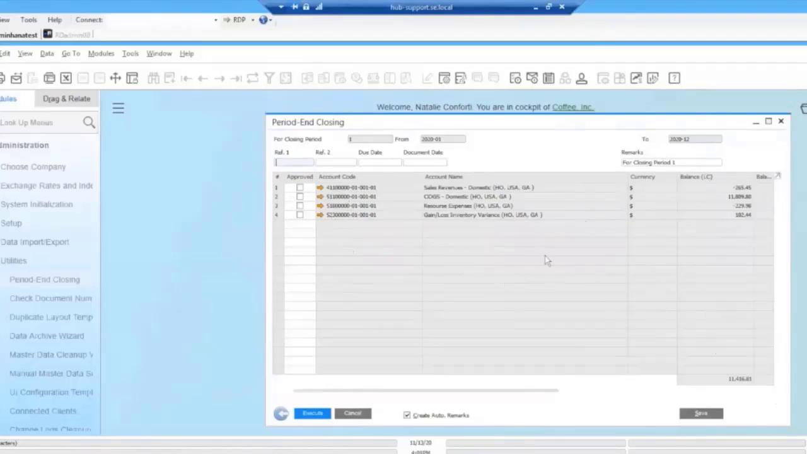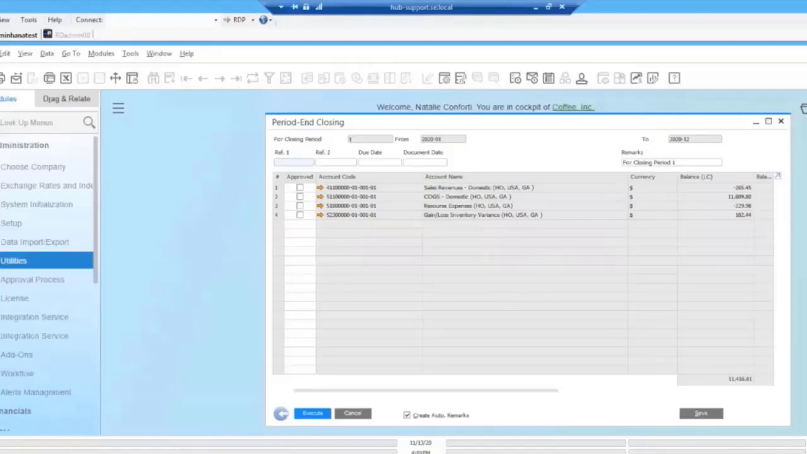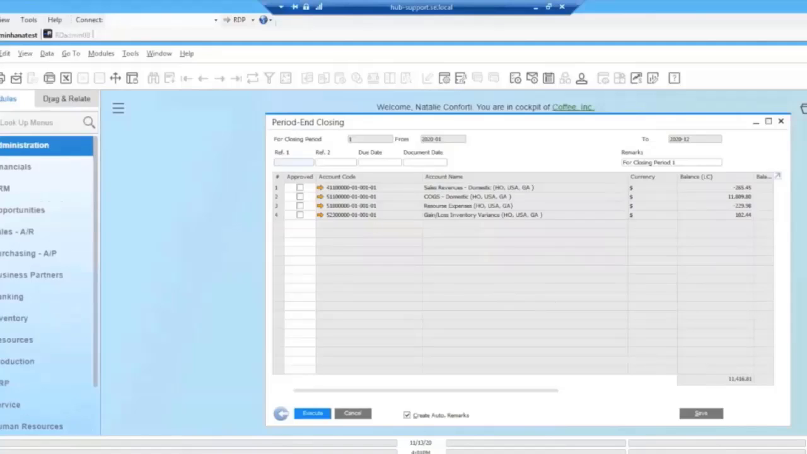You're running your period end close for the first time for the current fiscal year. So this is the first time I'm running it for fiscal year 2020, and my balance showing down here is $11,416.81. So if I want to verify that amount, then I'm going to go back to my menu here, find my financial module,